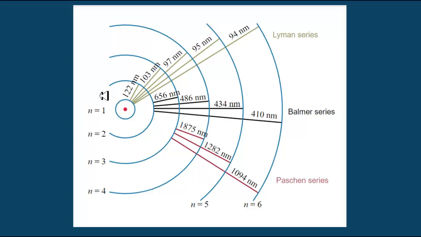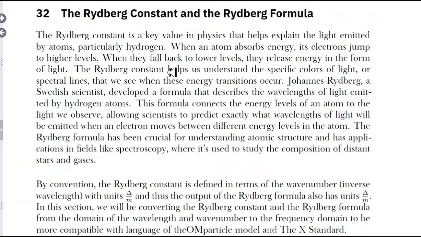We're going to convert the language of this from the wavelength domain and the wave number to the frequency domain. So the calculation of these values, of these wavelengths and/or frequencies, is actually quite simple. It involves a constant and a formula. The constant is referred to as the Rydberg constant, and the formula is referred to as the Rydberg formula. So I just wrote something up here in my meta document, in my unified model of the